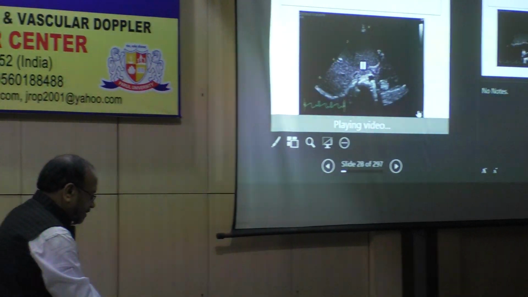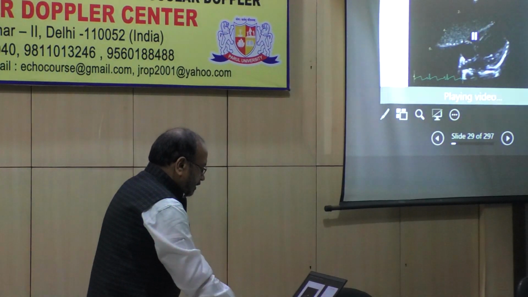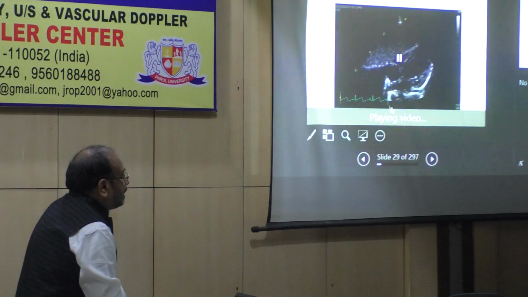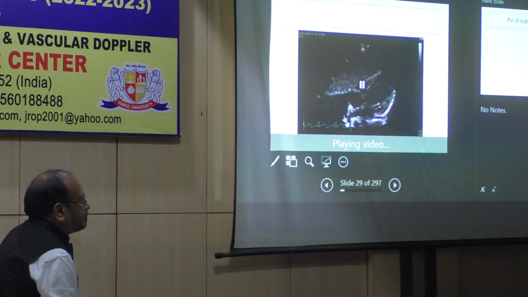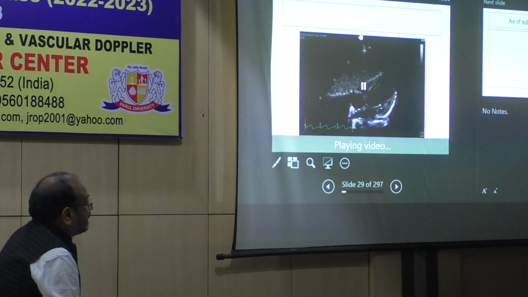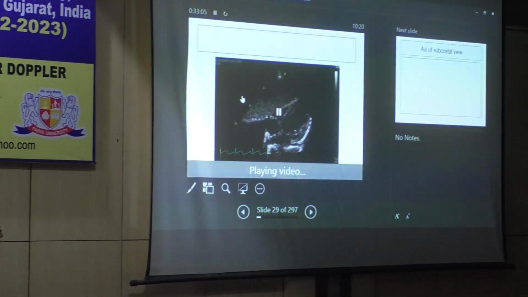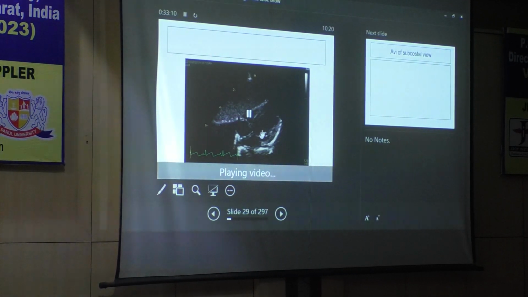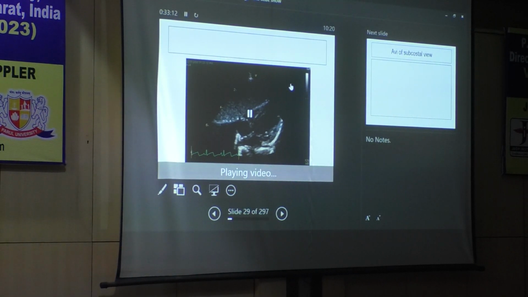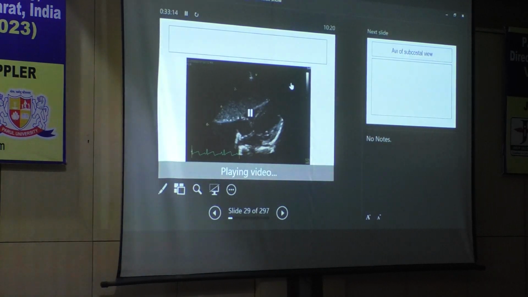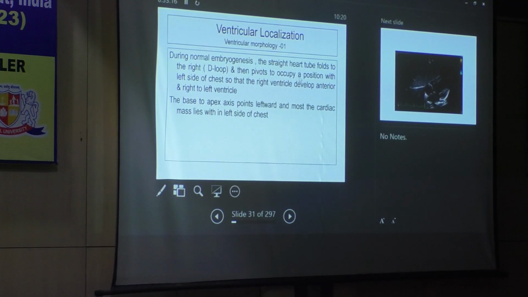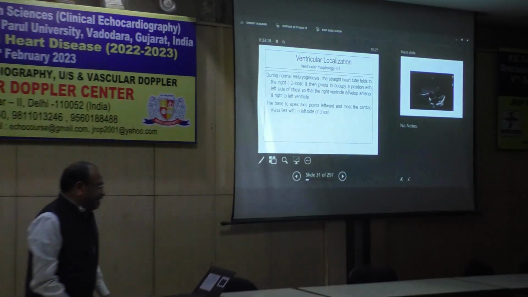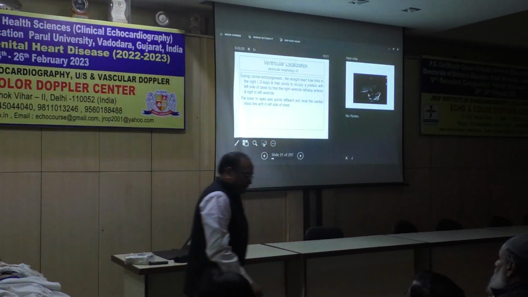Before that, this is the image I showed you a couple of minutes back. So this is anterior, this is right, this is left, and this is posterior. And this LV points toward the left hand side. How does it point toward the left hand side? This is what I always say, that if I take a piece of paper,